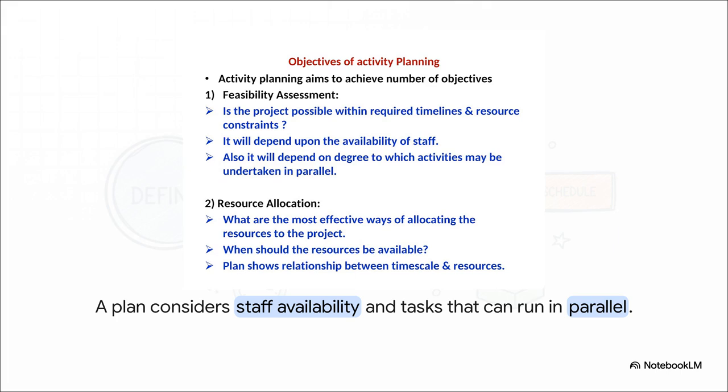You know, feasibility really just boils down to two main things. First, do you have the right people with the right skills when you need them? For our garden, that's not just any volunteer. You might need someone who actually knows carpentry to build the raised beds. And second, can you do multiple things at once to save time, or does everything have to happen one step after another? Like, can we get the soil ready while someone else is building the beds? Answering that one question can change your entire timeline.